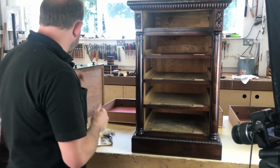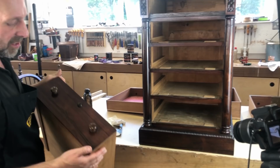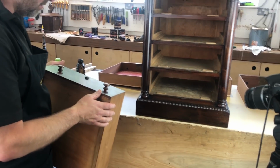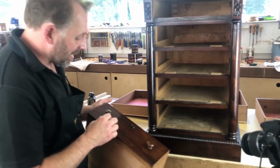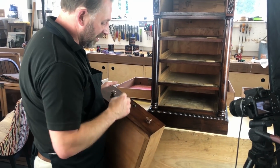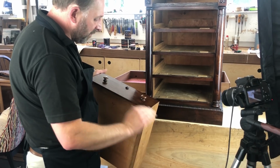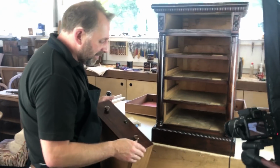Right, I've done the drawers. One thing I was going to say about the drawers. So these drawers have also had a revive of the rubber over the face of them. I didn't take the handles off. The reason for not taking the handles off is because they're glued in. It would mean destroying the handles almost to get them out. And for what purpose? So I've just done one very quick pass over the top with the rubber, and that's